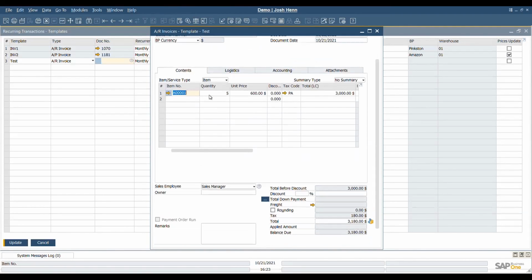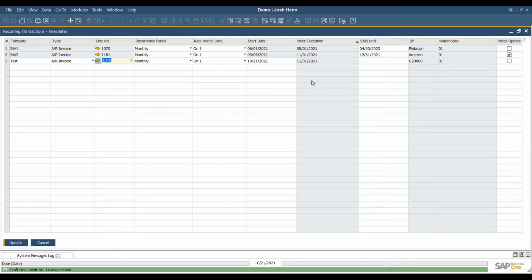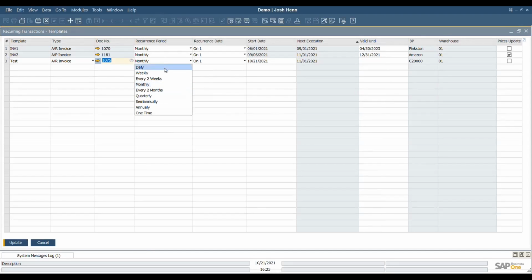So once I'm happy with my AR invoice template, I'll simply add the template. And then our document number will now be referenced as our test template. So here under the recurrence period, we can set the recurring time frame. So if I want it daily, weekly, monthly, and so on.